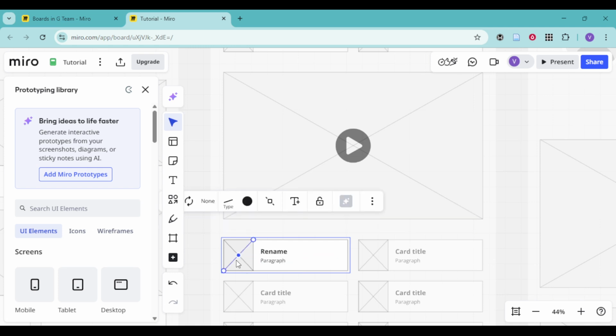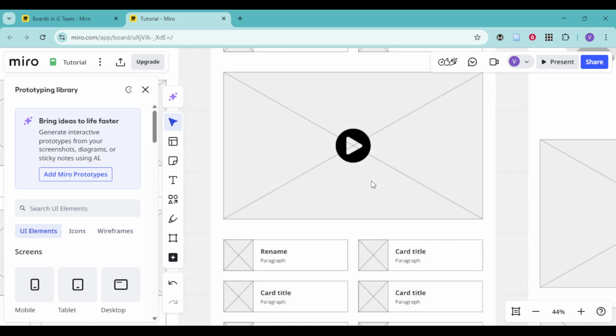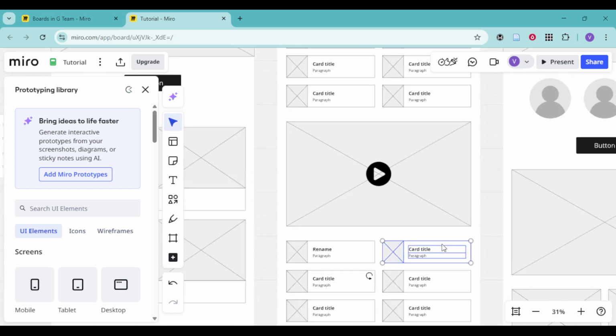If you're mapping multiple pages, group related sections together and use frames to visually separate each page or state. Add quick annotations beside tricky areas to explain intent, such as what a button should do or how a menu should behave. Because it's a wireframe, stick to grayscale and basic shapes so everyone stays focused on structure, not color